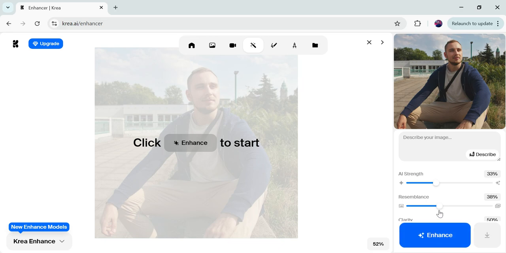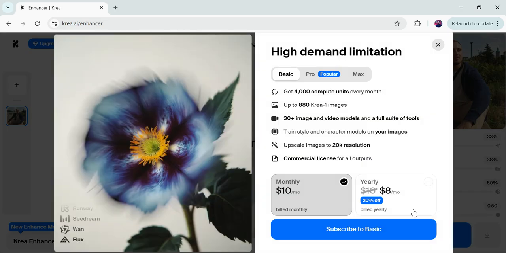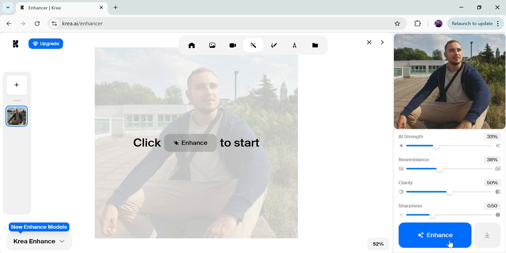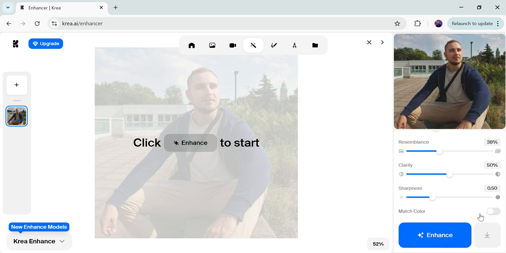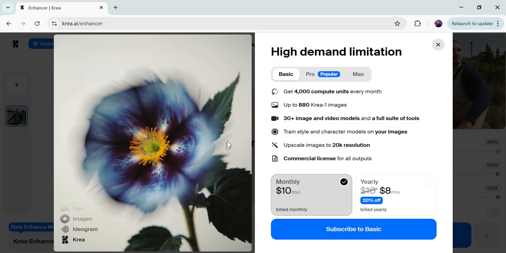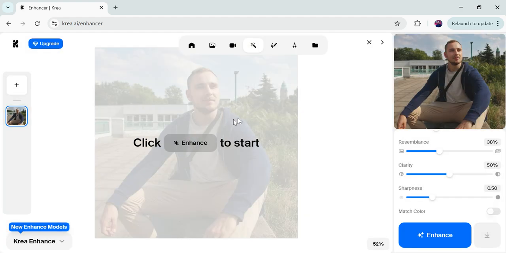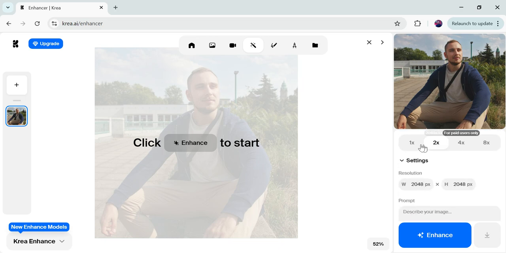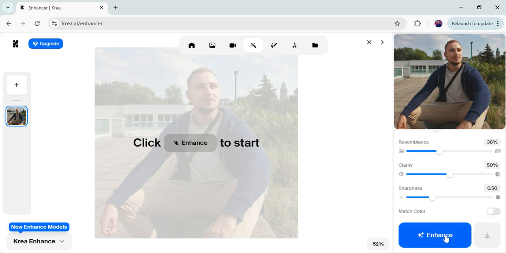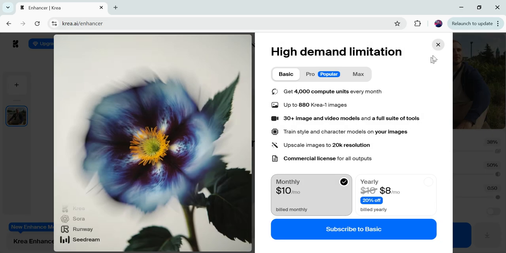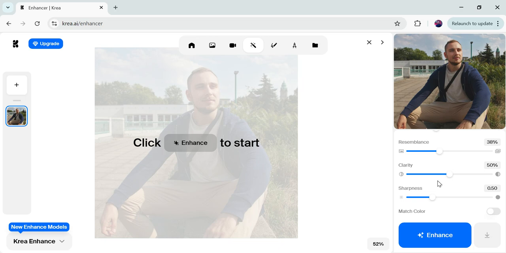Okay, you can also adjust the settings here, sharpness and everything. I have already clicked on the enhance button, so I have submitted it. Okay, so we will be using the simple version. We don't need to buy that. I guess this feature is available in the premium version. So the basic thing is that you can simply upload a picture, and after that you can simply click on the enhance button and it will upscale the image. Okay, so that's how you can simply enhance your images.